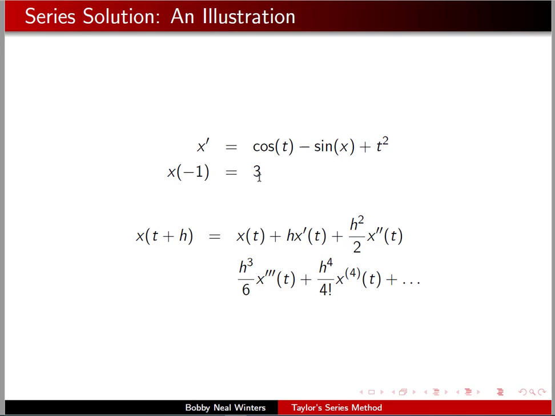Okay, so here we have x prime is equal to cosine of t minus sine of x plus t squared, and the t is supposed to be t and the x is supposed to be x. I know I do typos sometimes, but this is right. And our initial value is that x of -1 will be equal to 3. Okay. Now, given this,